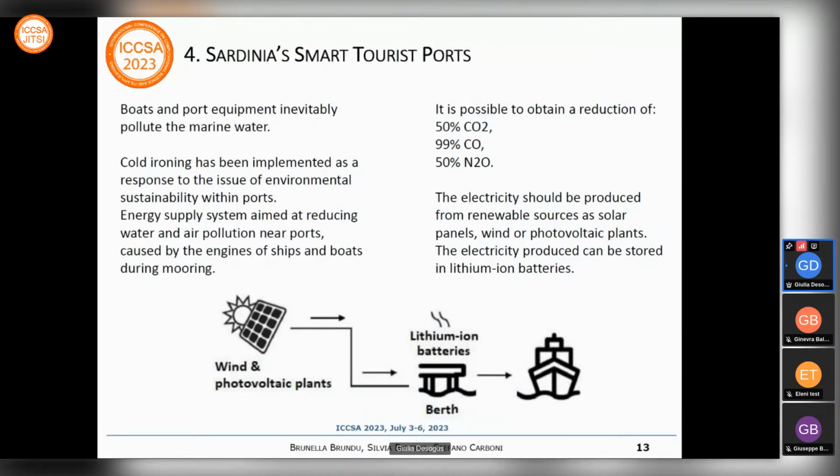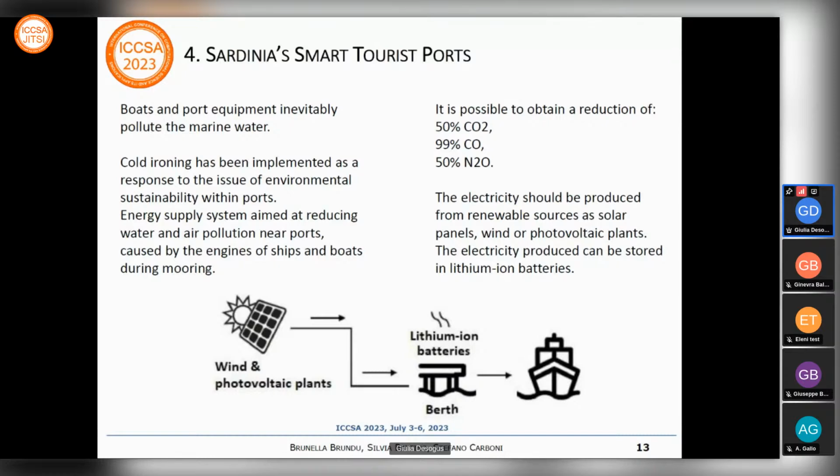With the theme of the sustainability of the touristic port, it must be taken into account that the ports and the port equipment will pollute the marine water. The engines of boats and yachts that remain turned on during the mooring in order to power the electronic devices will pollute anyway. So solutions that make it possible to satisfy the needs of the tourists and at the same time to protect the territory from pollution must be adopted in order to preserve a cleaner sea for the future